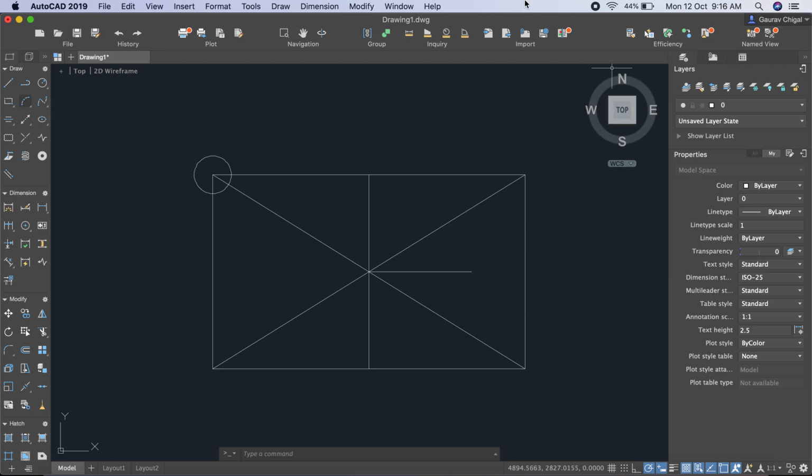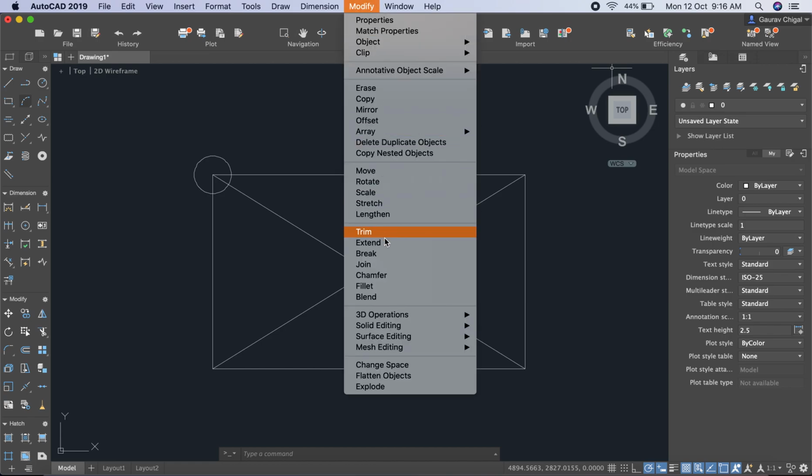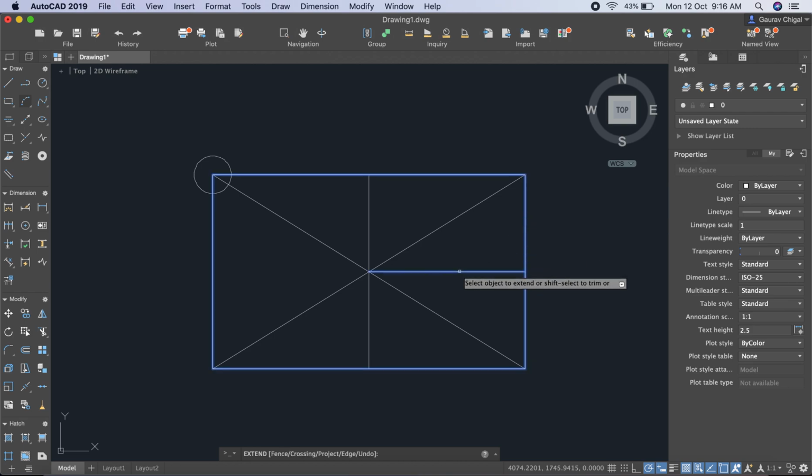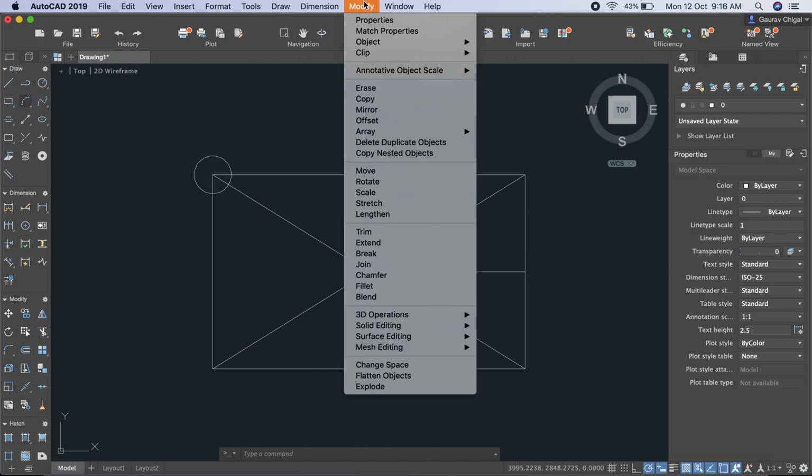Again I can show you here. Go to modify, click on extend, select the object up to which your line wants to extend, then press enter. Again select the object which you want to extend to the base point. So I just select this line. You can see your command completes and your line is extended to this baseline, and it becomes a single entity here.